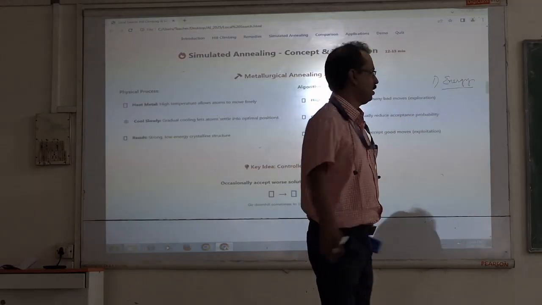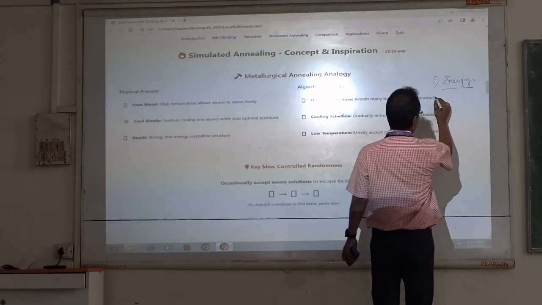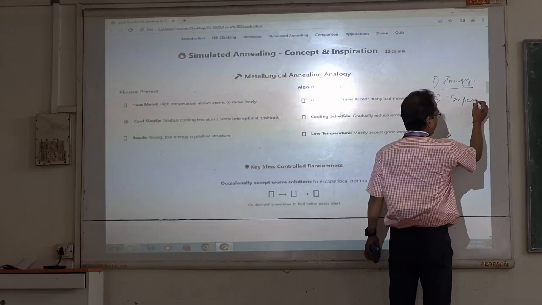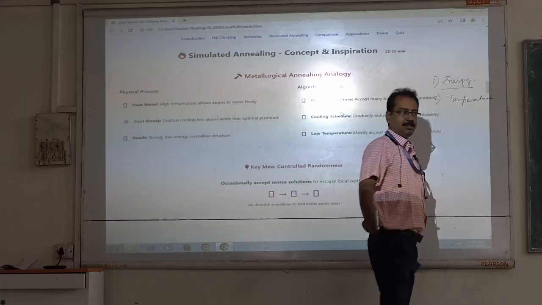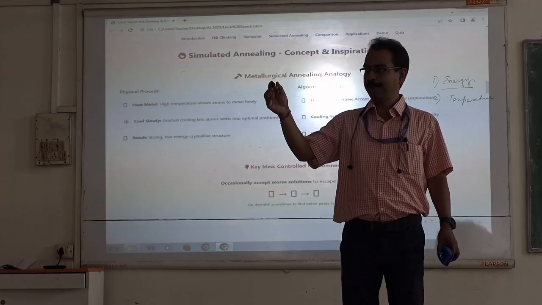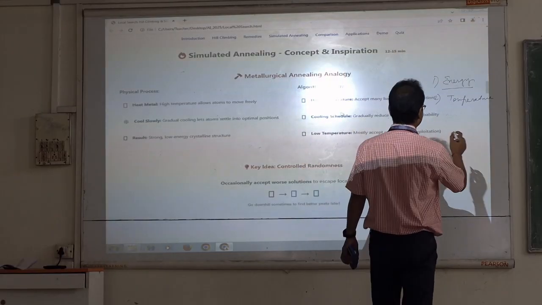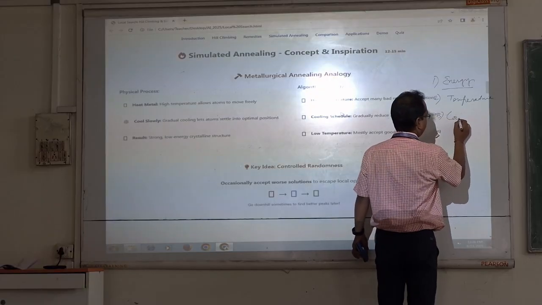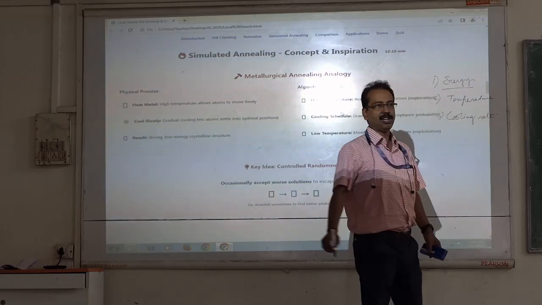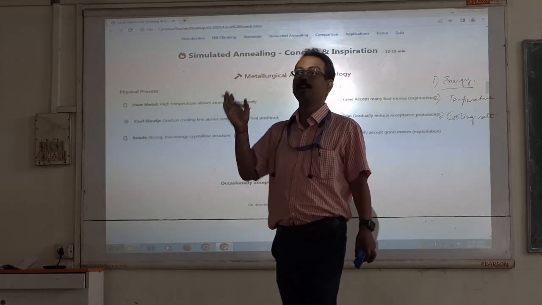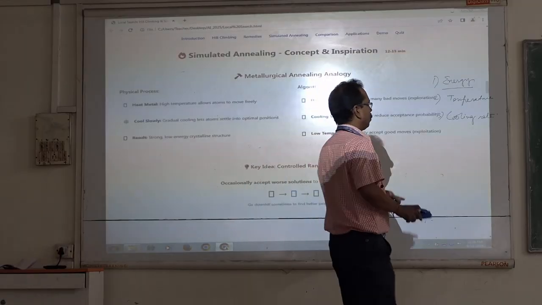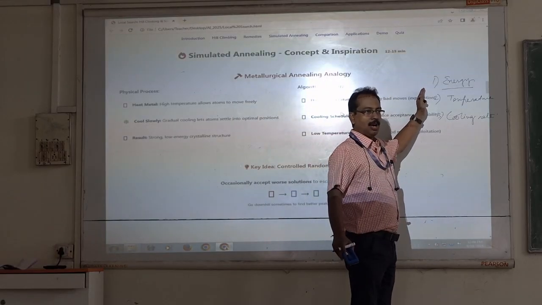Okay. Another that is important, what was that? Temperature. Because higher energy will be achieved with the help of higher temperature. Okay. Then third, cooling, isn't it? Cooling rate. Why am I talking about rate? Because how fast I will cool the metal down. So these terms are highly related to our metallurgy,